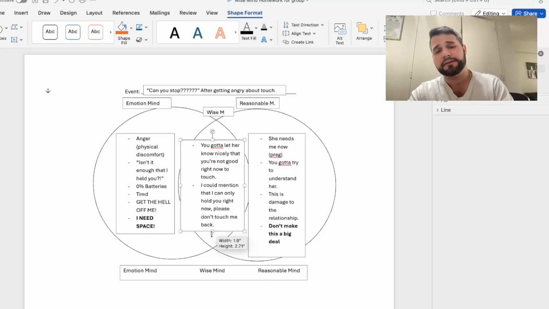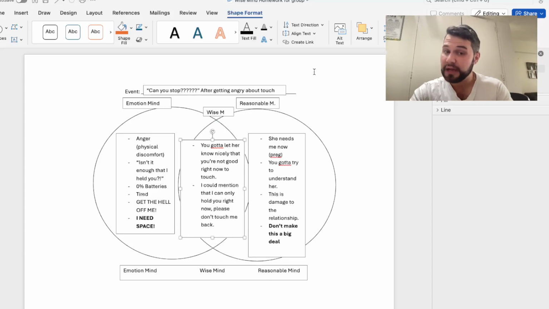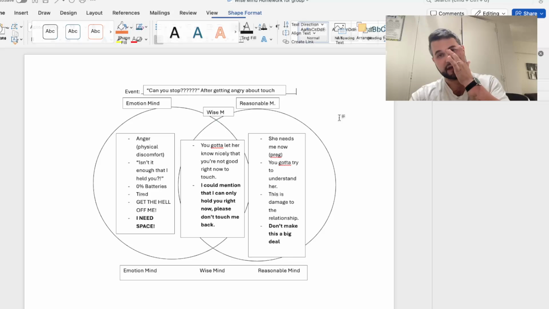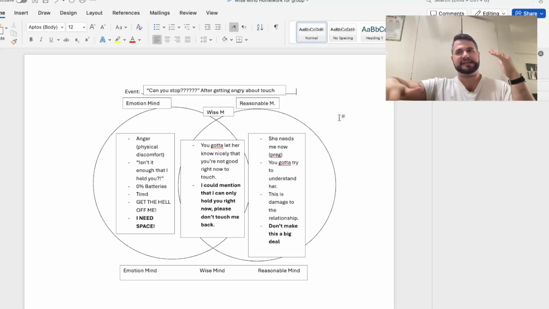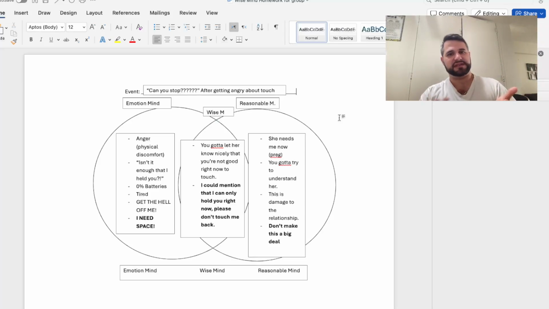And by the way, when cooler heads prevailed and I was in wise mind, this is what the solution was. And my wife might have violated it at times because hands have a way of moving themselves, to be always on top of everything she does. It's hard. The thing is, she was also very mindful. So she started doing this to my arm. She said, oh, I'm sorry. I'm sorry. It's just muscle memory.